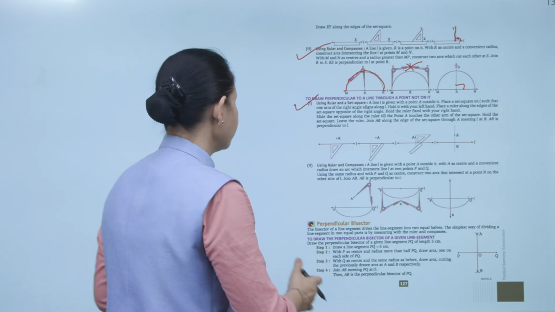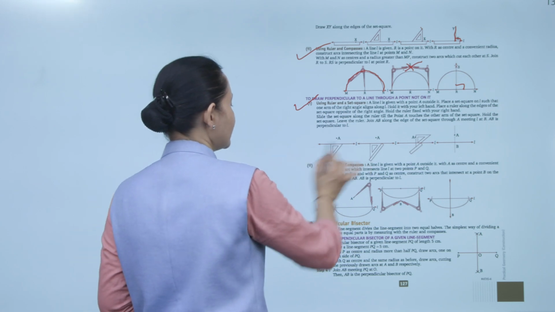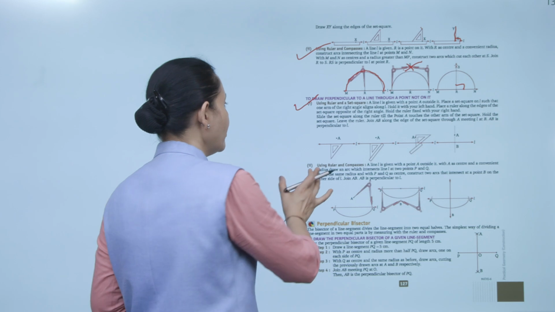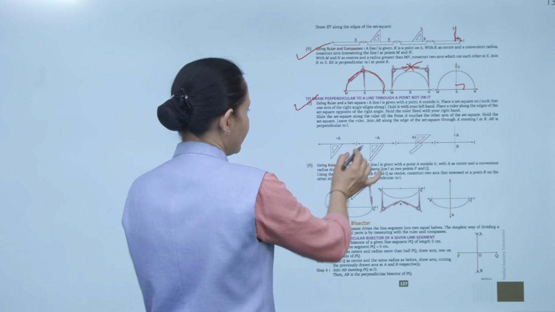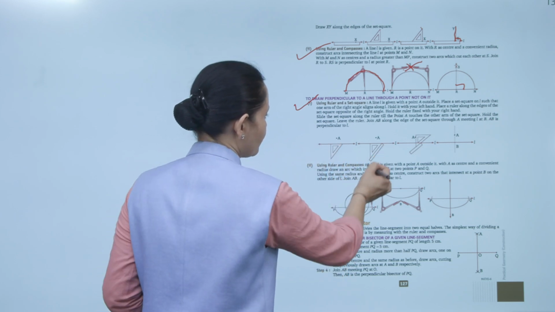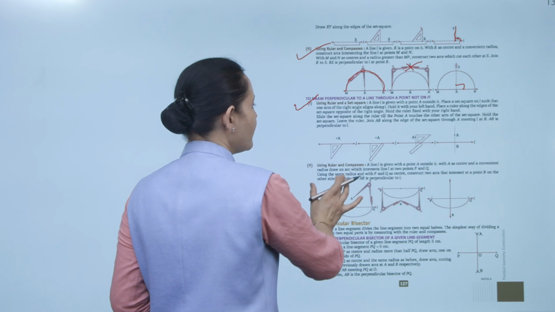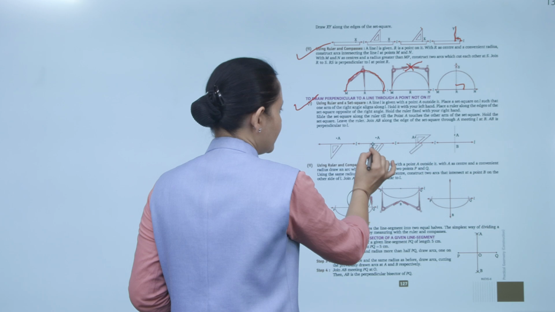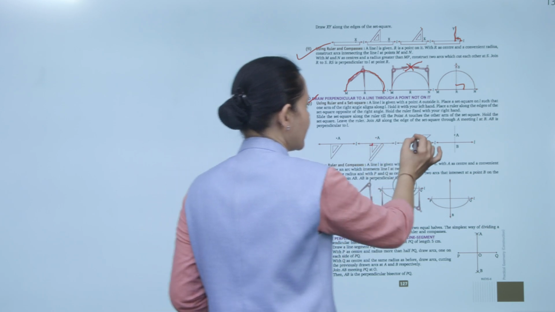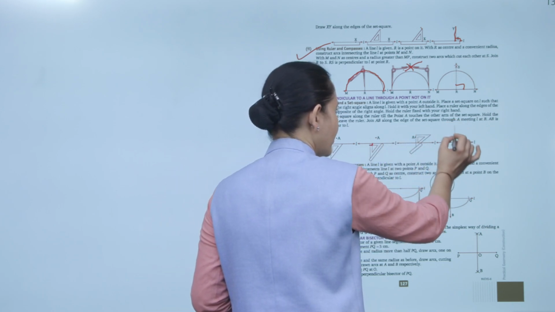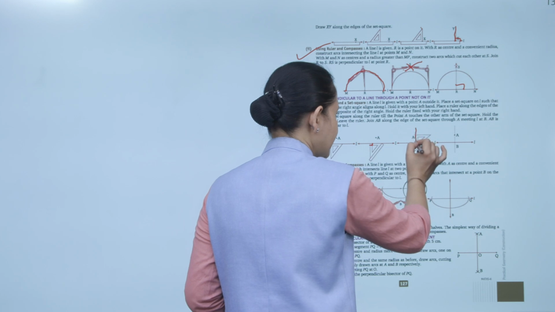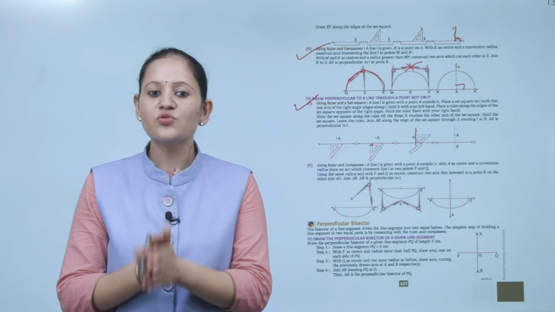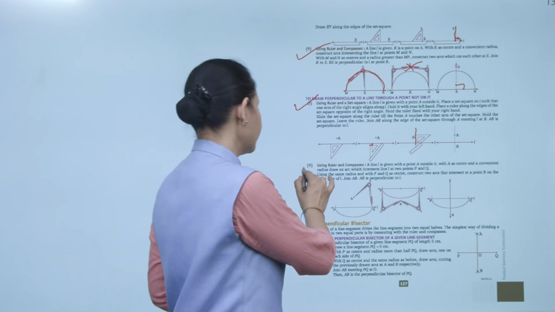So first, this is the line segment L. There is a point A that is not on the line segment. So what we'll do, we'll take the set square, place it like this, and place the ruler here like this. Now we will move the set square until this part reaches point A. Now we'll draw a point. From here we will join a line segment like this, that is the perpendicular. Clear? Next, using the ruler and compass.